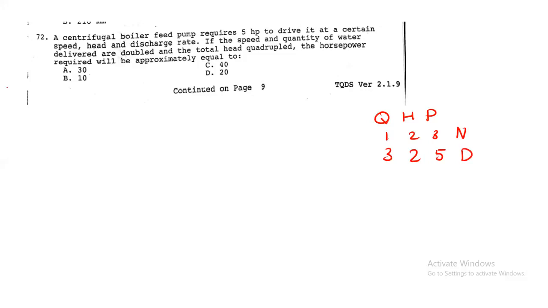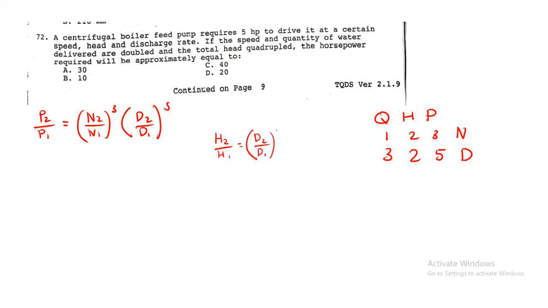So P2 ang hinahanap. So P2 divided by P1 is equals to N2 over N1 raised to 3, then D2 over D1 raised to 5. Kaso wala pa tayong D2 over D1 dito guys. So kunin natin si D2 over D1 gamit yung head. So sabi niya yung head natin is quadrupled. So pwede natin gamitin dito H2 over H1 is equals to D2 over D1